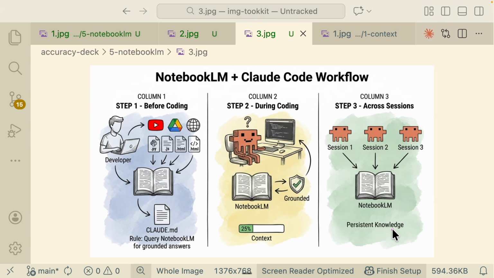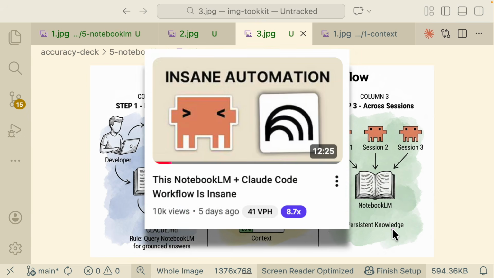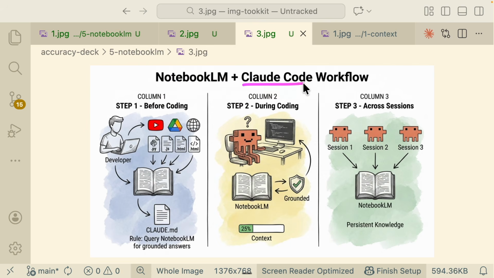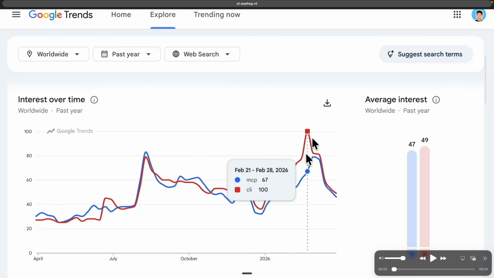So if you're interested to see how we can combine the power of NotebookLM with Claude Code, then be sure to check out this video right here that I made on this channel on how you can turn Claude Code into just an executor, and NotebookLM is going to be the brain. And lastly, what I want to talk about is basically a trend going on recently of using CLI over